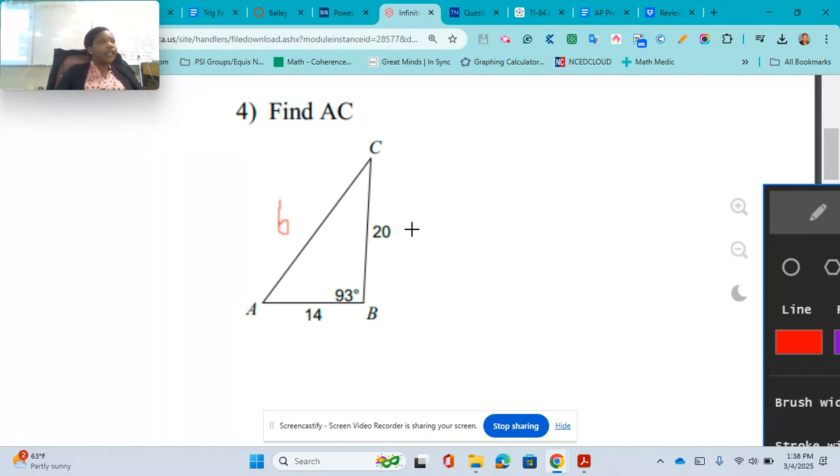First, we want to see if we could use the law of sine. In order for us to use the law of sine, we need to have an angle with its side length and another side length or angle. Are we able to use the law of sine? Which one has an angle and a side length? So we're not able to use the law of sine because we don't have an angle with a side length. We would have to use the law of cosine. And since we are looking for little b, we would start with b squared